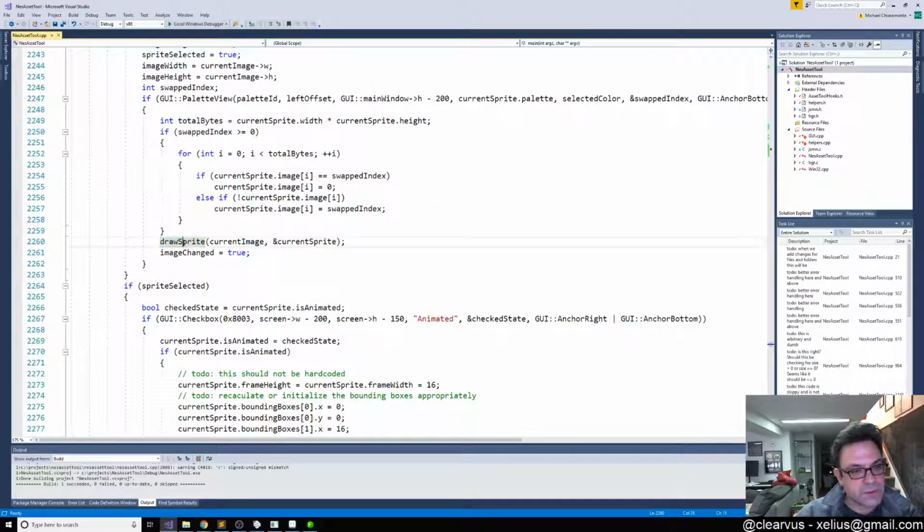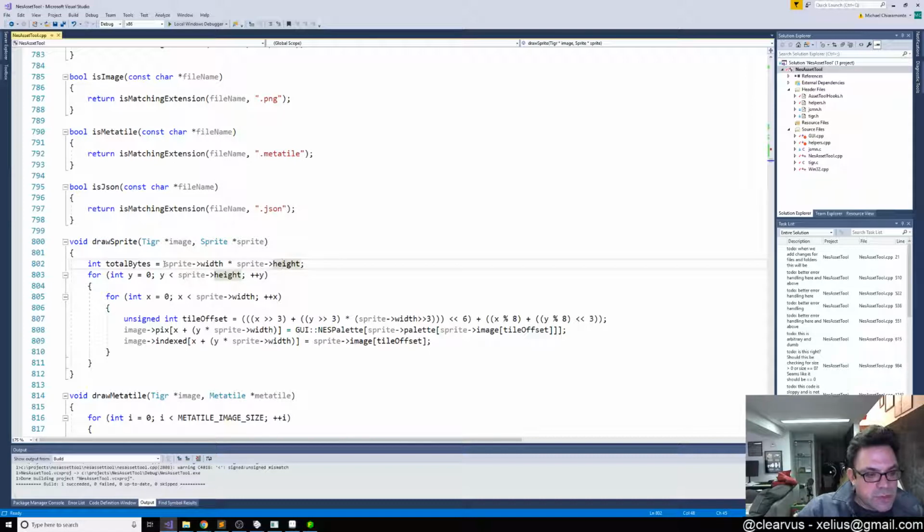Yeah, so draw sprite should be looking at now number of tiles times 64. That's 32, that's 64, and then